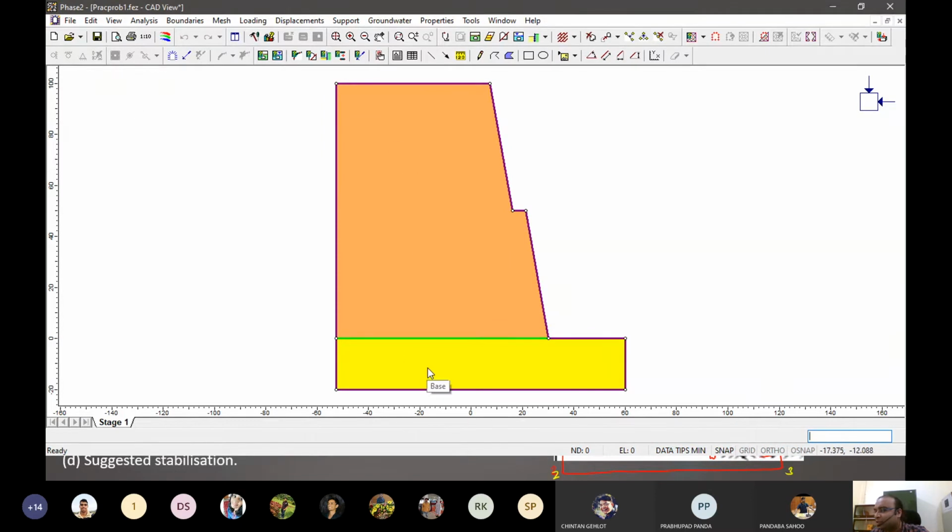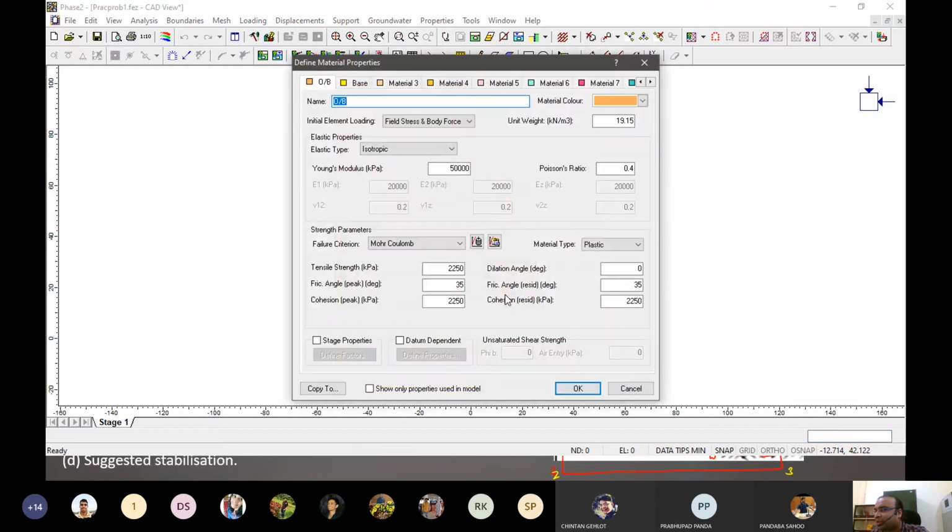One thing more I want to do is import the material properties, but I think only some of them will be imported because we have not filled the other portions, right? We have just filled the unit weight, the tensile strength, friction angle and cohesion. So the other details, Young's modulus and Poisson's ratio, we have to fill, and also define the plastic part. So how we do that, we'll see.